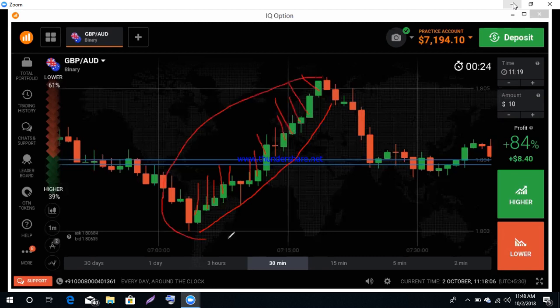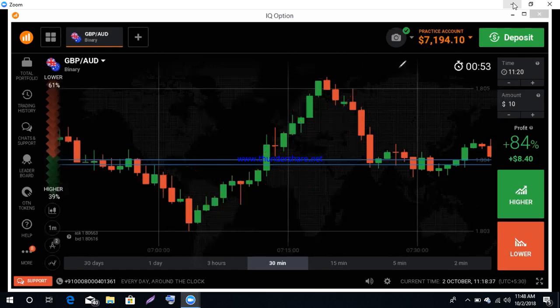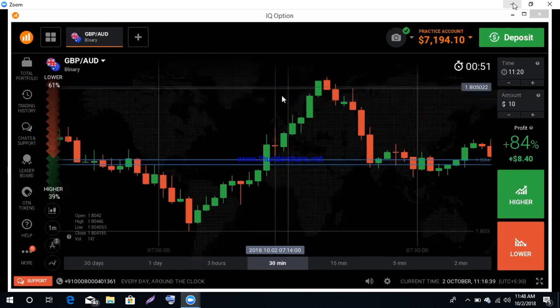Okay, this is only for example. I'm explaining here. If you go with the trend, you have so many opportunities to trade. When you go against the trend, you have only two opportunities. Okay? This one and this one. So you always follow the trend. If you want to get some good winning ratio, you must follow the trend. You must trade in the direction of the trend. Just wait.